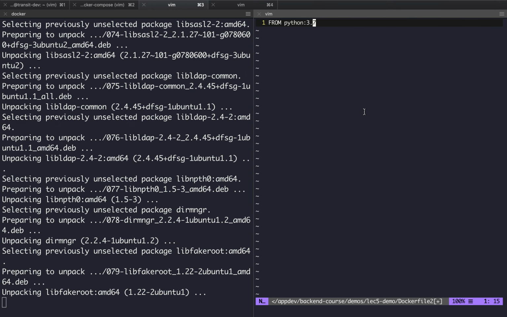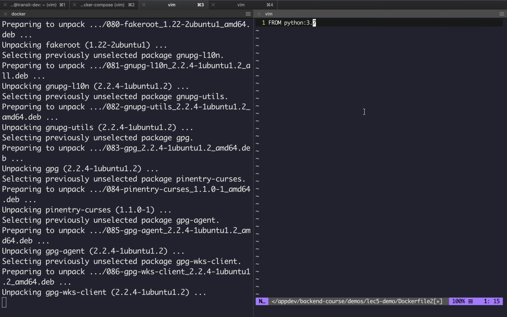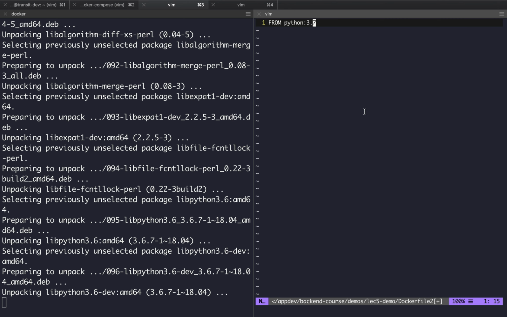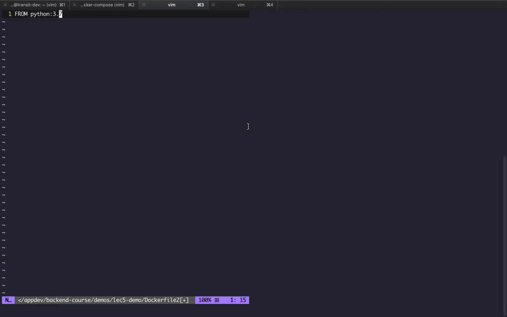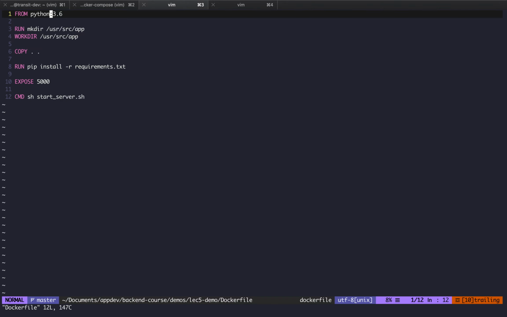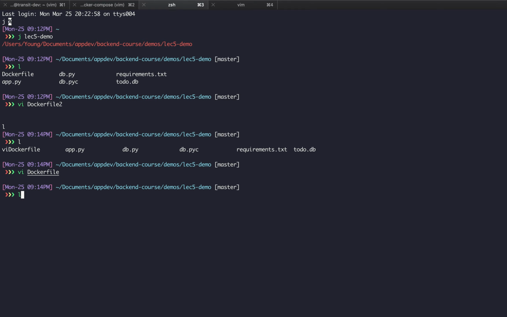For example, there's one called Alpine, which is really lightweight, and generally you want to use lighter images so that the app, when you're running it on top of your computer, takes up as little memory as possible. Okay, we're actually just going to cancel this and just run this one. So if I open up the Dockerfile, I can just do FROM python:3.7, and this process will be much quicker.